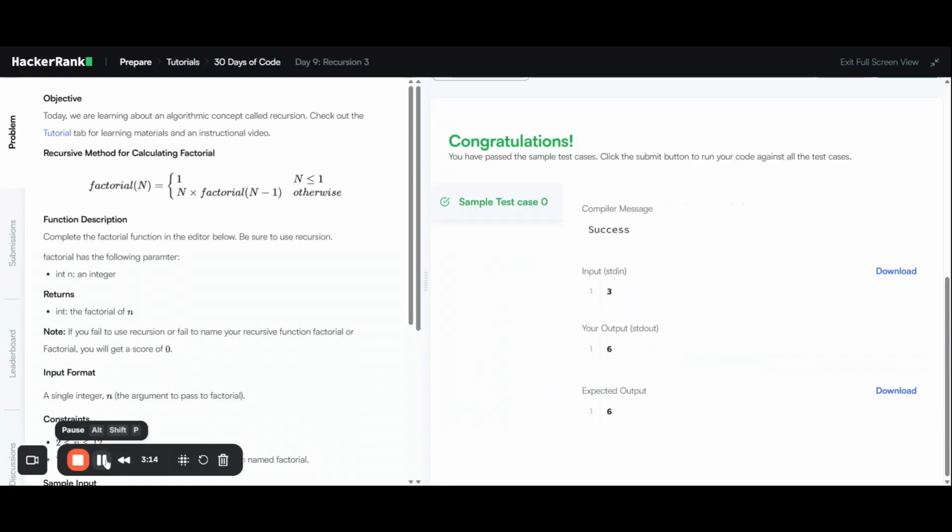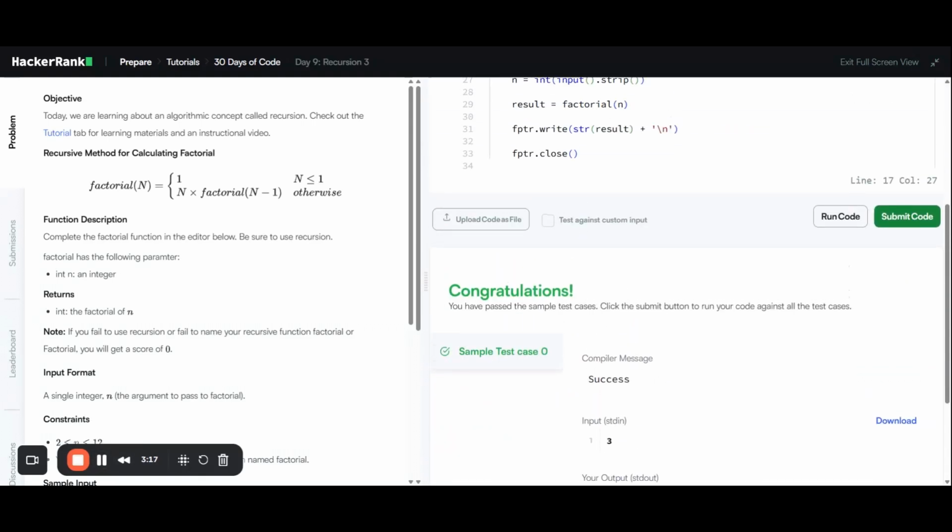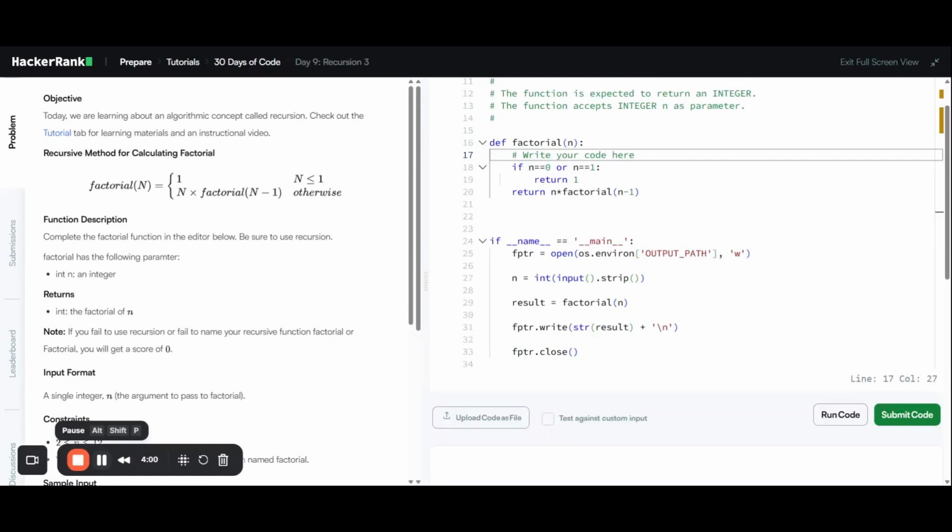Let's run the code. Yeah. We got the correct output. Now submit the code and check for the cases. The very important thing you have to remember is recursion always needs two things: a base case to stop and a recursive case to repeat the logic. So please practice this concept well because recursion is very important for interviews. And finally, a single line summary: recursion is when a function solves a problem by calling itself until it reaches a stopping condition.